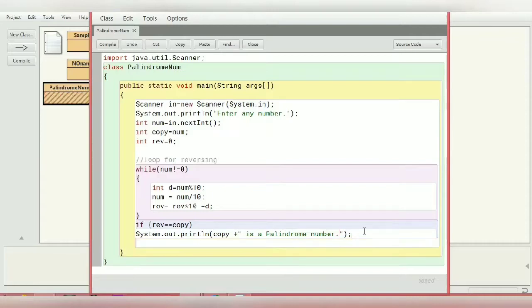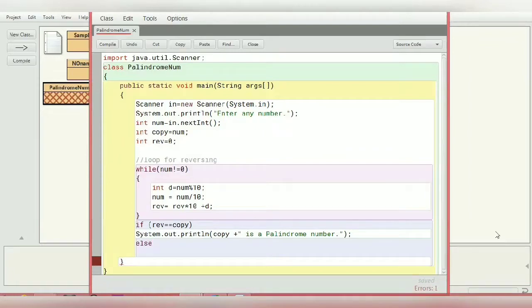Else it is not a palindrome number, so I don't want to write it again, so I'm copying this. Is not a palindrome number.